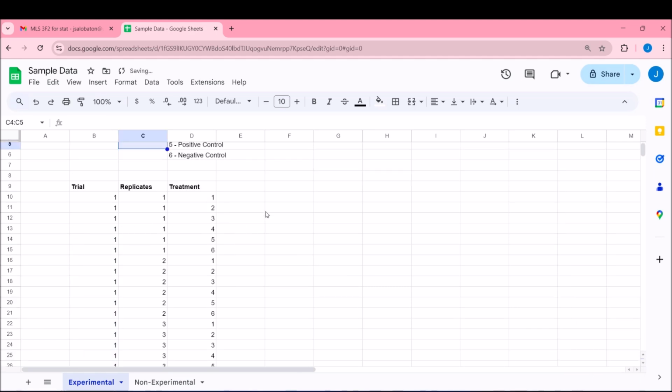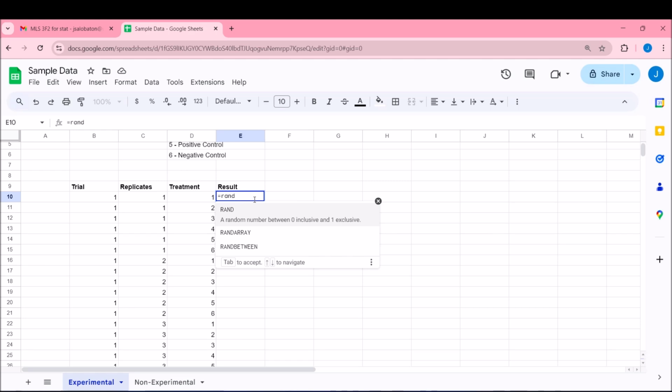And then, whatever is the result of your study, whatever the experimental research is, let's have a random variable for that. Random variable, let's say, running between 1 to 100, since I don't have data.